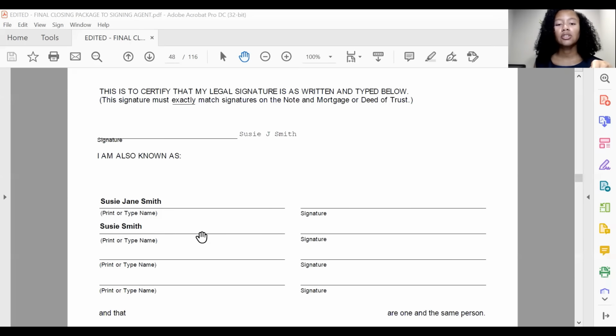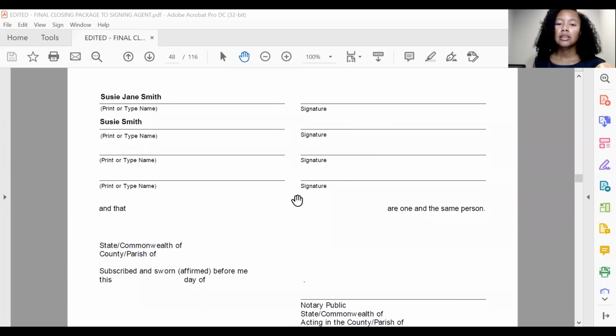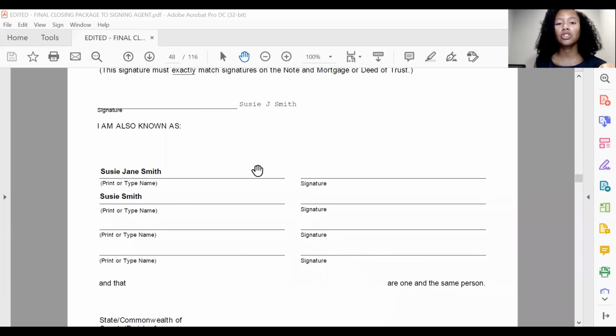She's also known as Susie Smith. She's going to sign Susie Smith. If she goes by any other name, then she'll print it here and then she'll sign. And then I wouldn't say a riddle, but they have to fill in some information here. So what we're doing,